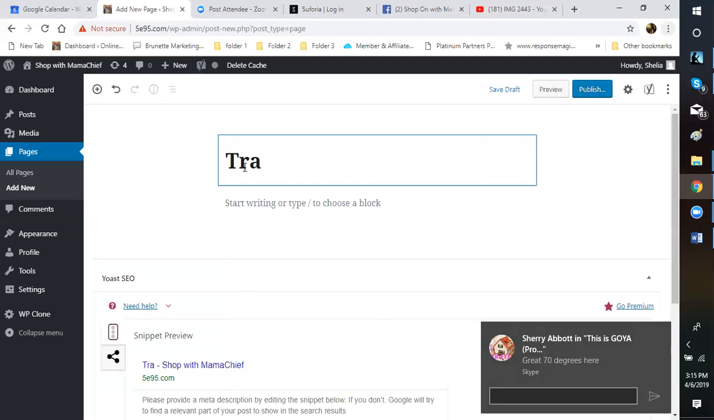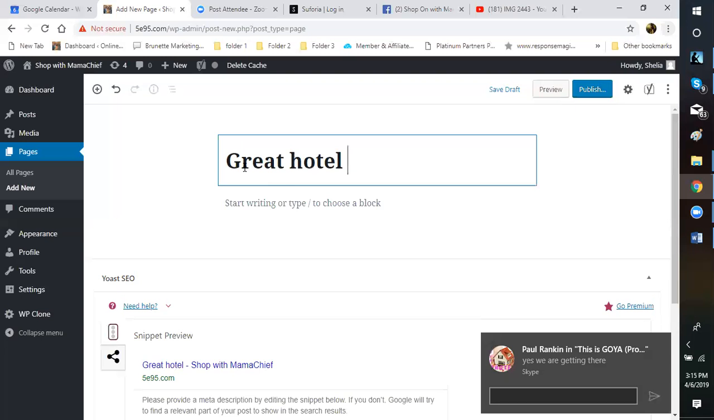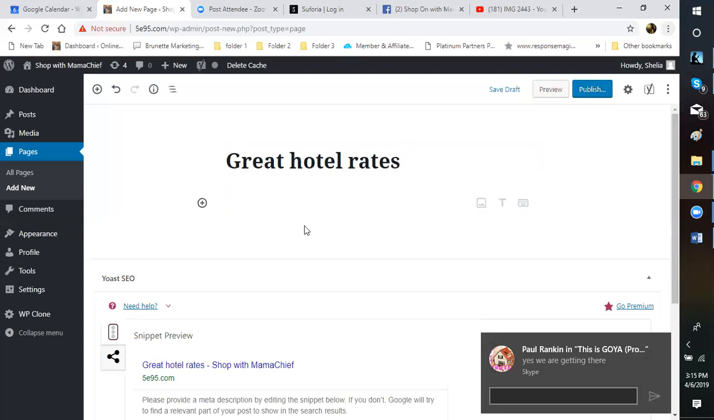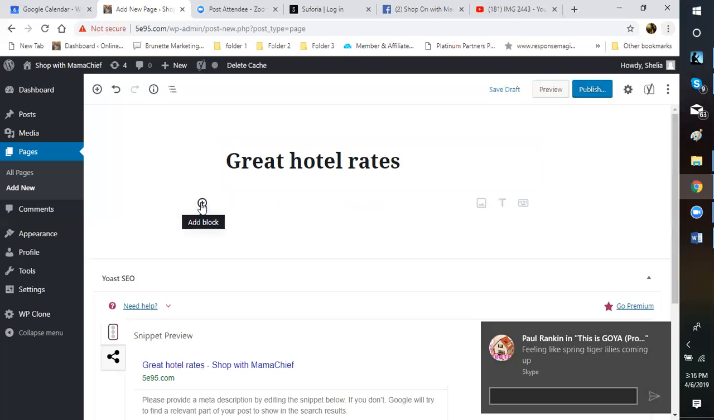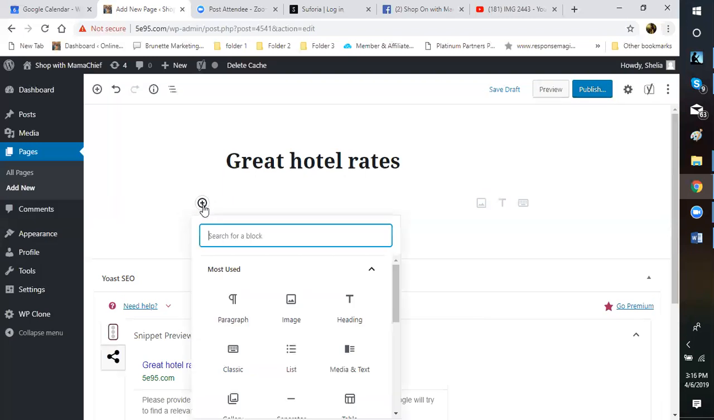Mine's going to be, or you can give it any name you want. If you don't want to use Travel for Less but still use the same information, by all means do that. So this one's going to be Great Hotel Rates, and I might come back and change it later. I'm going to put it in draft, so that means I can change the title, but I do have a title in there. So I'm going to go to my Add Block, and I'm going to pull a media block out,